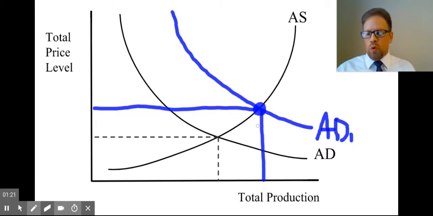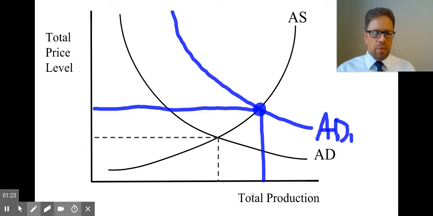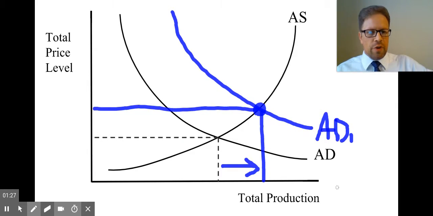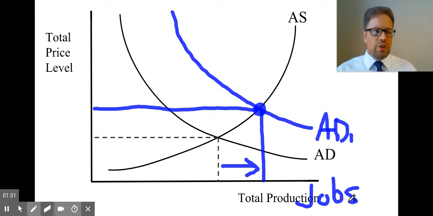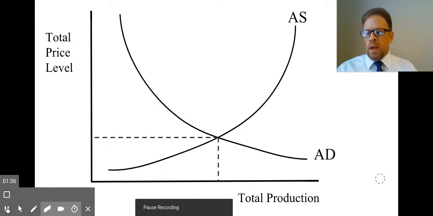So again, at this point, you're going to notice that unemployment is going to be lower because total production levels have increased. And when total production levels increase, that means you're going to have more people with jobs to actually produce those products. And when the money supply is lower, inflation is generally lower, since this encourages decreased overall spending, which results in lower price levels.